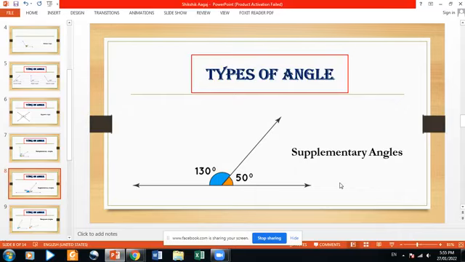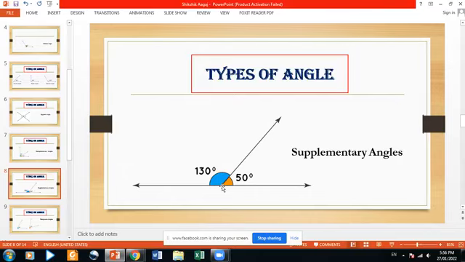So, remember, if the sum of the measurement of two angles is 180 degrees, they are known as supplementary angles, and one more name is also there. Such types of angles are known as linear pairs. Linear pairs means these two angles are in a line, the same line. See, here is